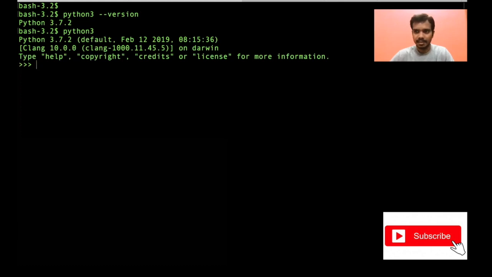See, I again went into the Python shell here, and here I can write print hello world in Mac also. This will also work here, similar to Windows. This will print hello world here. And you see my Python version is 3.7.2, but that's good. I told you I should have 3.6 or higher. Now Control and D will exit me of this shell.